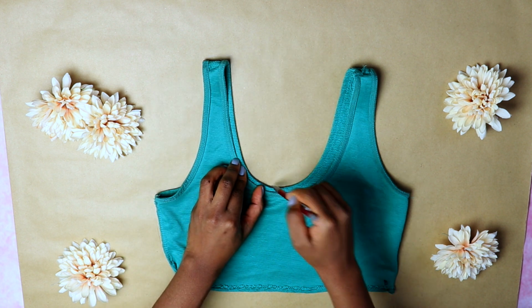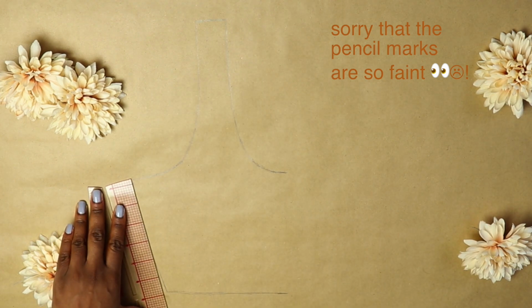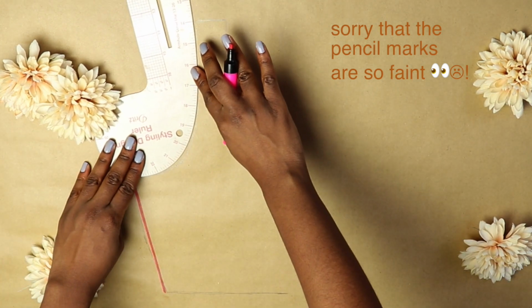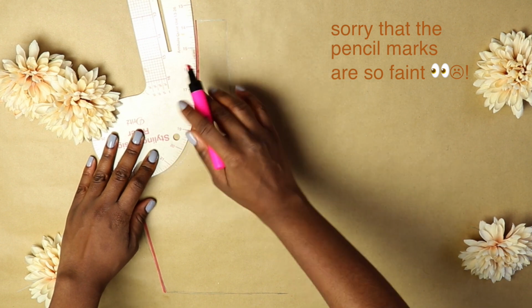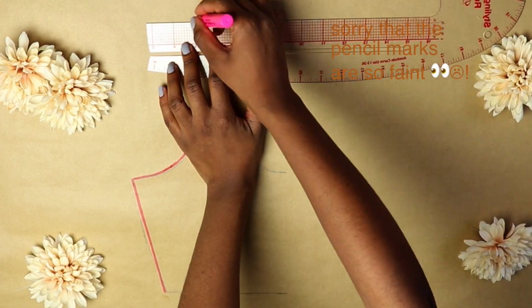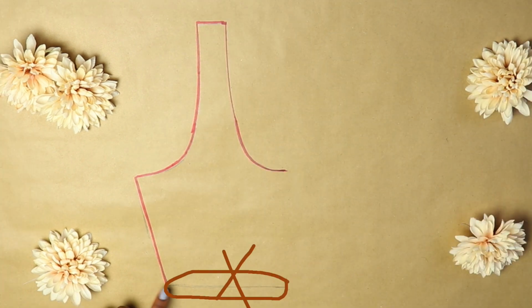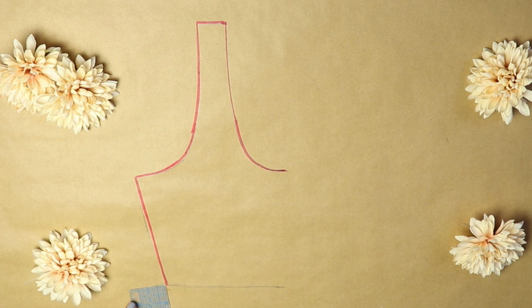So now I'm taking my ruler and I'm truing the lines that I just made. What I mean by truing is I'm making sure that they're more accurate, more straight according to the guidelines of a ruler. So we're not going to accentuate the horizontal line of the pattern, because we're going to be elongating the